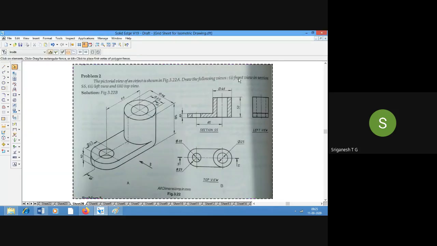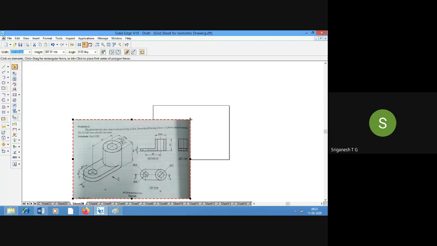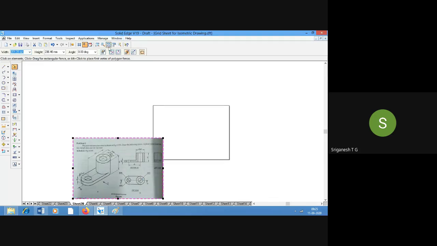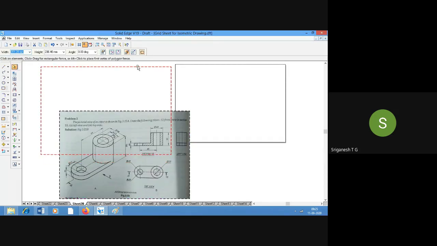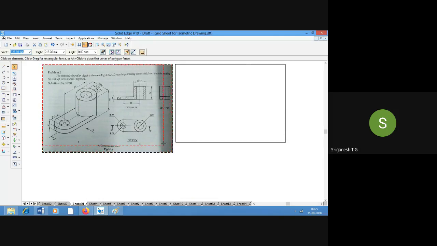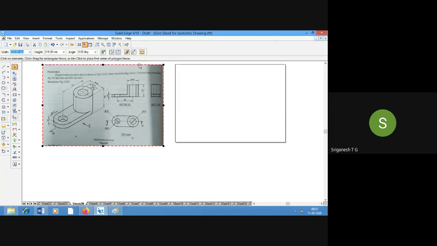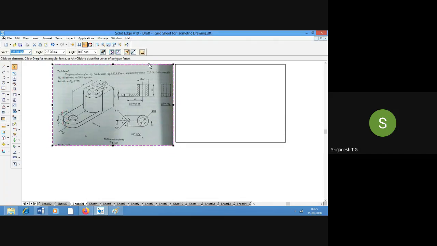So the first thing that you have to always do in drawing, whether it's section of solids, orthographic projections or assembly drawings, whatever it is, is to read the drawing carefully.